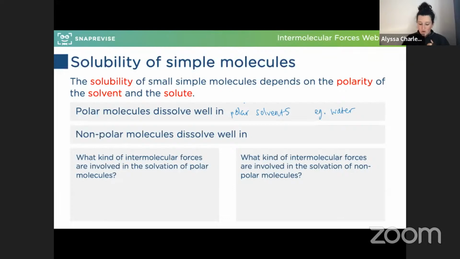Same in reverse, non-polar molecules dissolve well in non-polar solvents. For the same reason, or kind of converse reason. If you've got two non-polar molecules, they are going to be able to interact with one another because there's no random polarity in there kind of messing things up. They're both non-polar, so they're going to be able to interact nicely, and therefore your solute is going to dissolve in your solvent easily. An example would be something like,